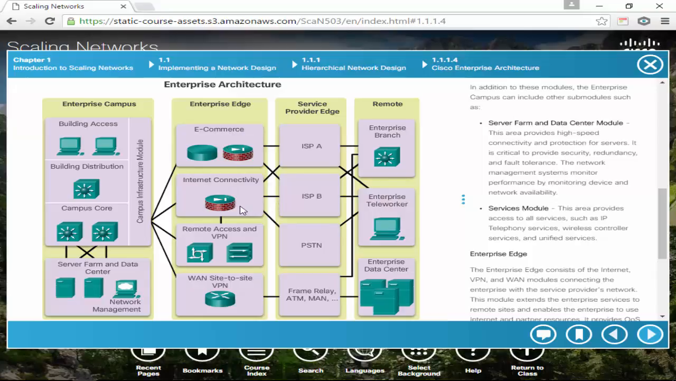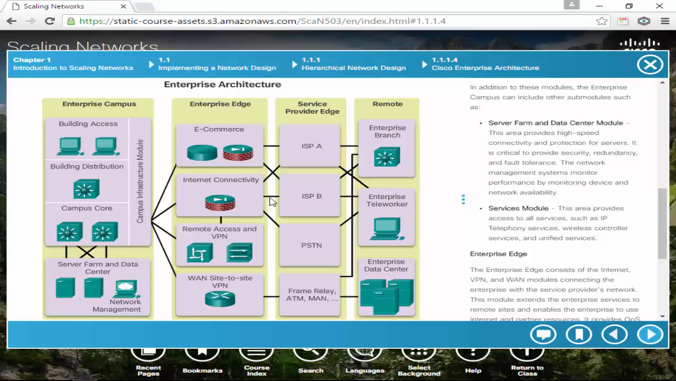Then we have our internet connectivity. And if you notice, internet connectivity is going to ISP1, ISP2, and the phone system. Alright, so we could actually do copper if we wanted to. I guess we have a backup 56K connection to the internet. Great. So what we're looking at there